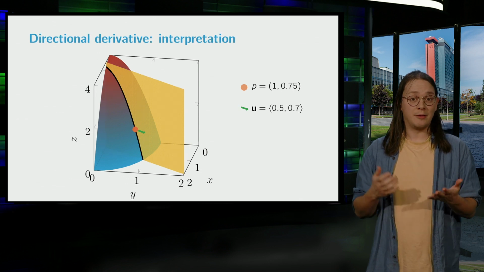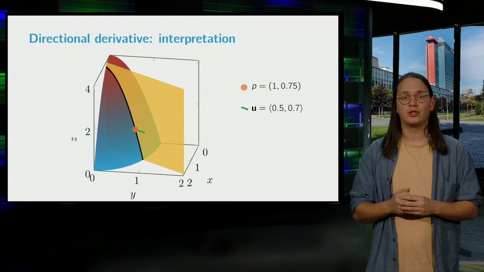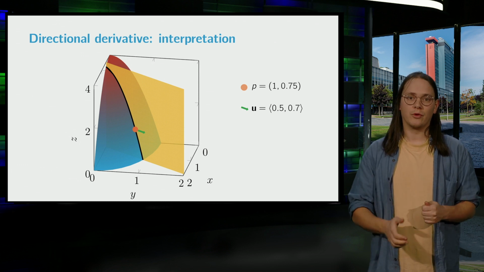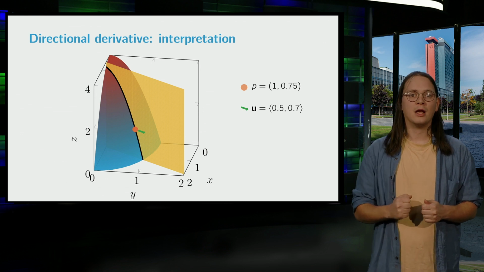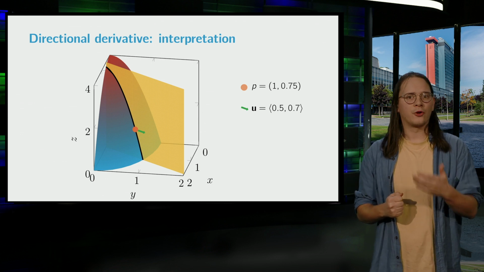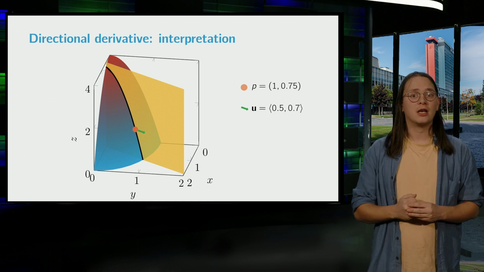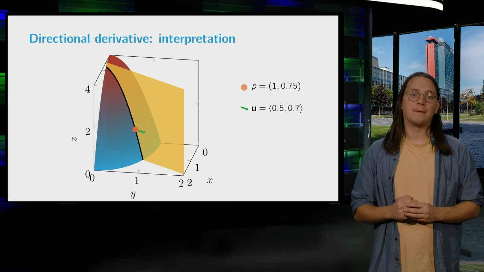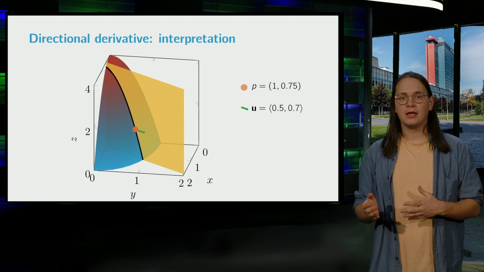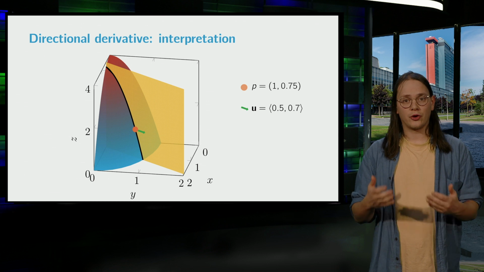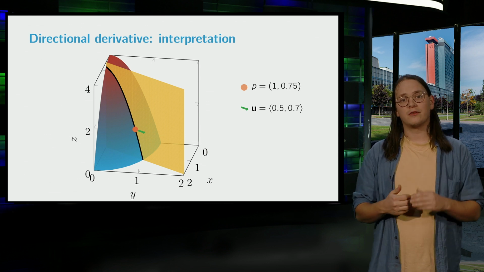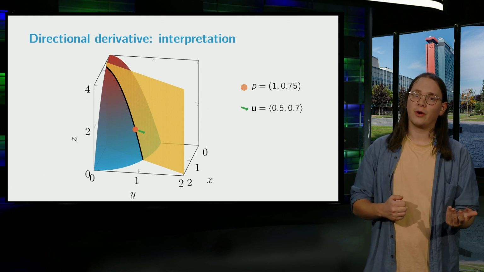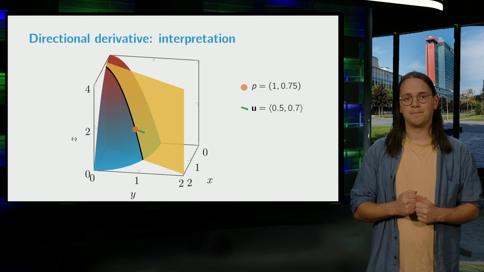The generalization is immediate if we stick with the previous interpretation of the partial derivatives as the slope of the curve obtained by intersection with a certain vertical plane. Instead of only considering vertical planes that are parallel to the coordinate axes, we consider vertical planes that are parallel to other vectors u in the xy plane. Again, as you can see here, we will obtain a curve in that vertical plane, and we may consider the slope of that curve. This is called the directional derivative in the direction u at the point P.